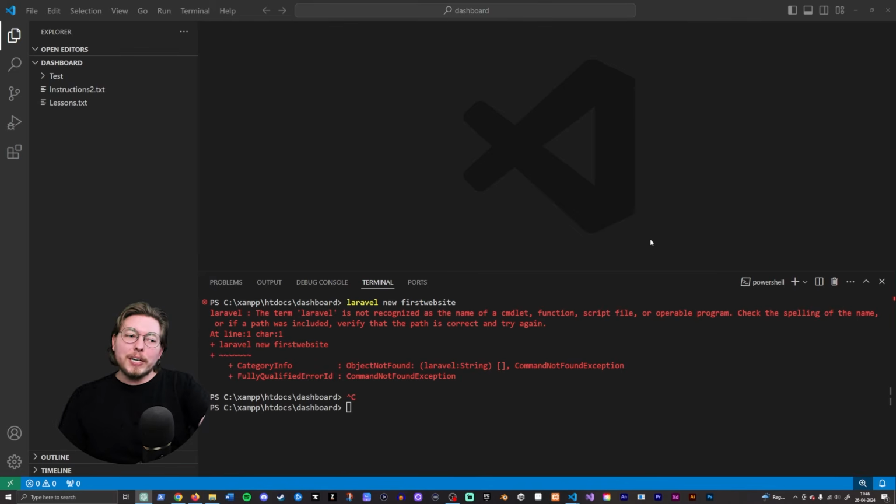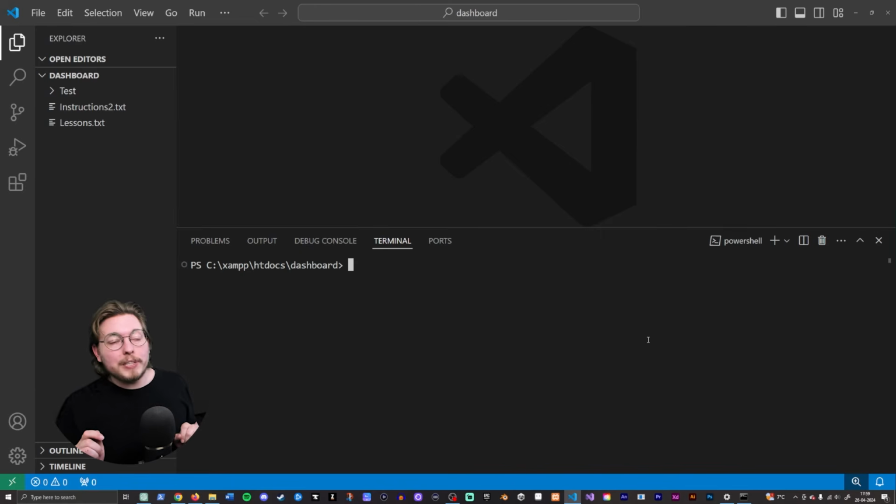And as you can see, I do actually get an error message here, and that's again because we need to restart the software just like Composer told us. I'm going to go ahead and restart my software here. So after restarting VS Code, make sure you go back inside your dashboard folder, and inside the terminal, you can